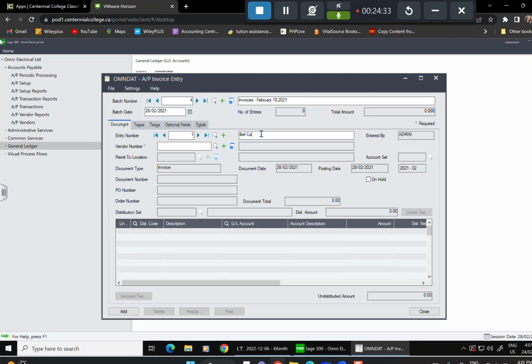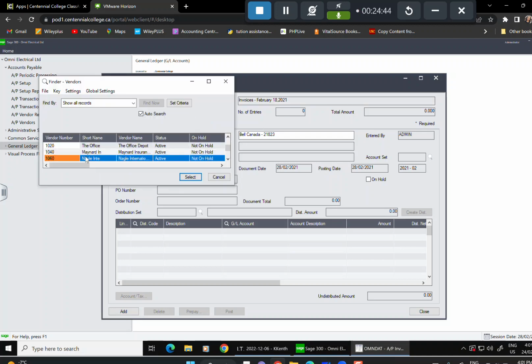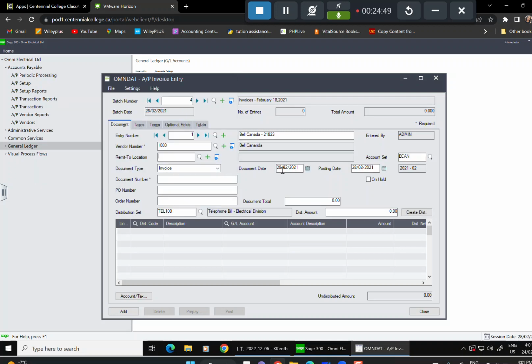Canada, and then it is for 21823, and then we wanted to find that vendor is 1080 is the vendor. Bell Canada, that's my vendor, and then it is the invoice. The document date is February 18, so let's do February 18, tab it over to select it. Now what we need is the invoice number. In this case, the invoice number is 021823, and then our document total here is